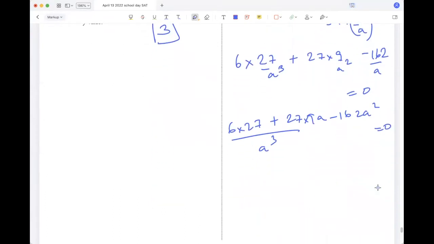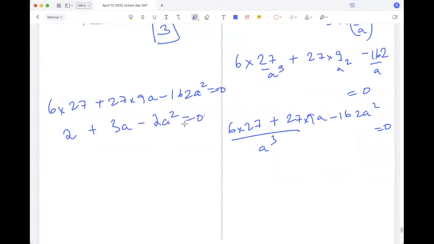Okay, let's just do this. Then we get, so basically we have 6 into 27 plus 27 into 9a minus 162a squared is 0. Okay, now we can obviously divide by 81, right? So 27 into 3. Yeah, so 2 left here, 27, so 3a left here and 2a squared left here. Okay, so we get 2a squared minus 3a